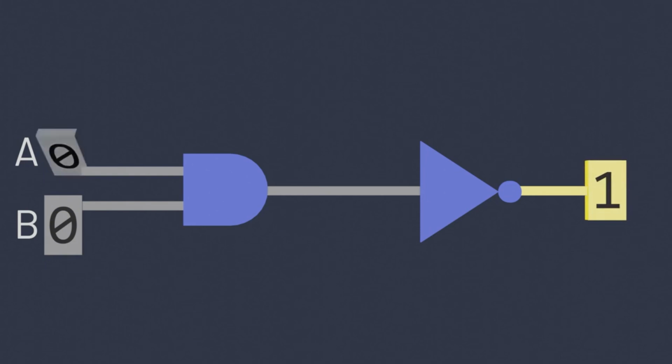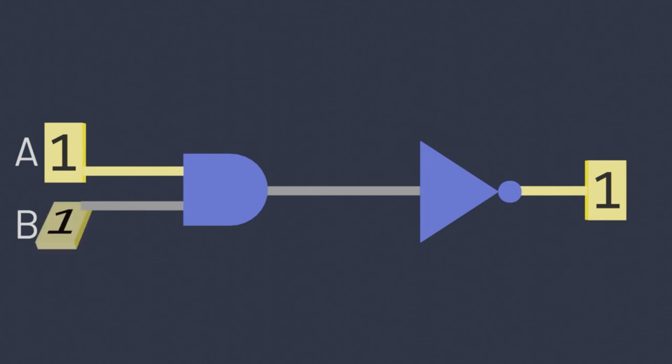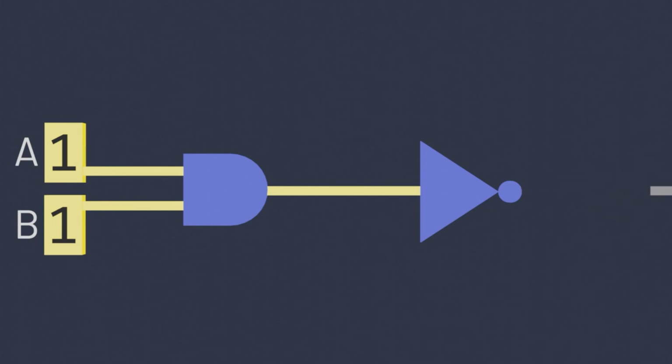If only one of the inputs is a 0, nothing changes. But if both inputs are 1, the AND gate will output a 1, and the NOT will turn that 1 into a 0. In other words, this circuit appears to do the opposite of whatever the AND gate on its own would do. It turns out that inverting the result of